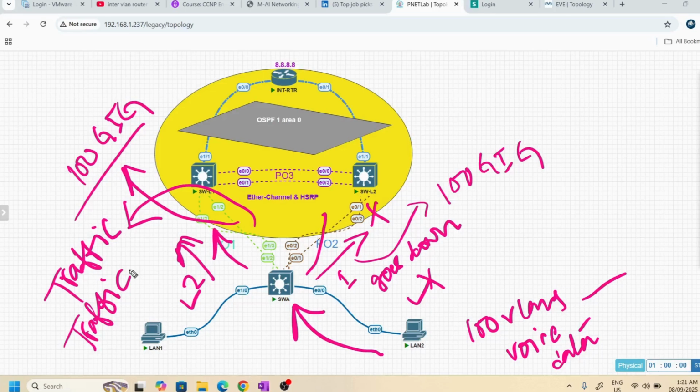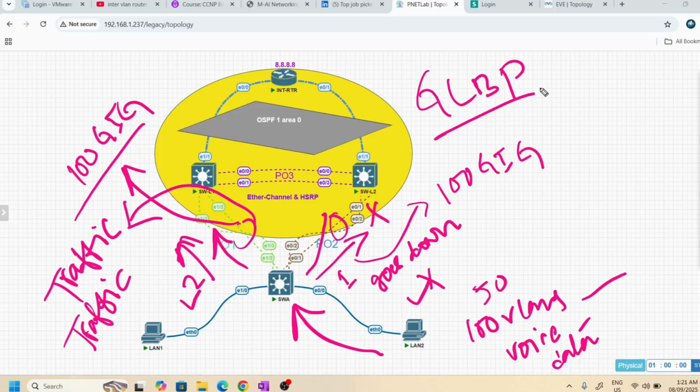Suppose we have two links here and two links here also. If one of the links goes down, we still have one link that carries the traffic. Let's say not all the traffic, but 50 VLANs are carrying traffic. You can distribute the traffic on the basis of load balancing, which is GLBP. We will see this feature later on, not now.